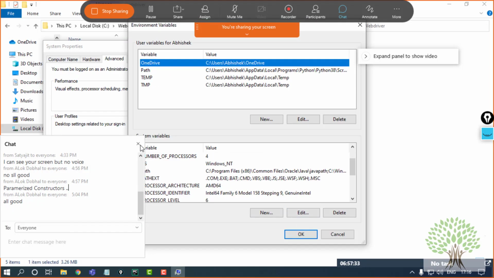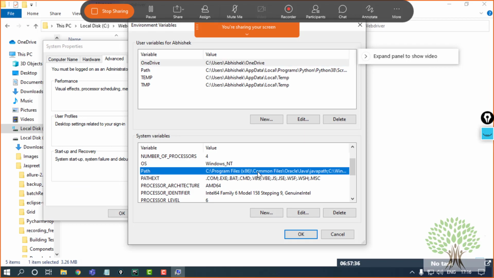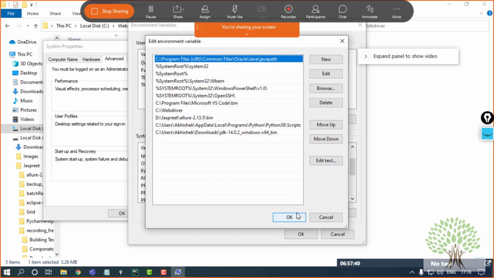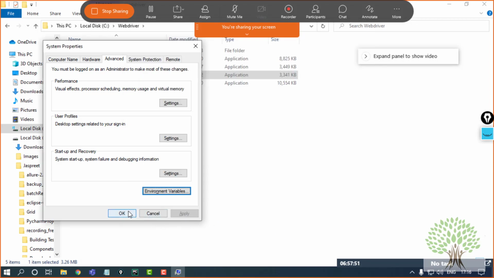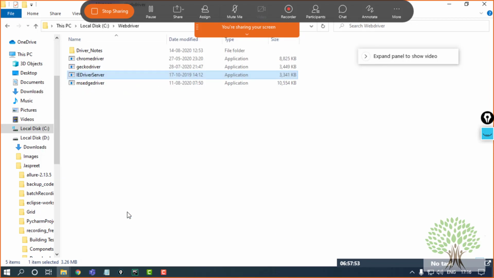And over here you have to go into the path variable. In the system variables, go to path, edit it, and drop your folder's address over here this way that I have done over here. Okay. After doing this, click on OK. Click on all three of the OKs, otherwise the settings will not be done.